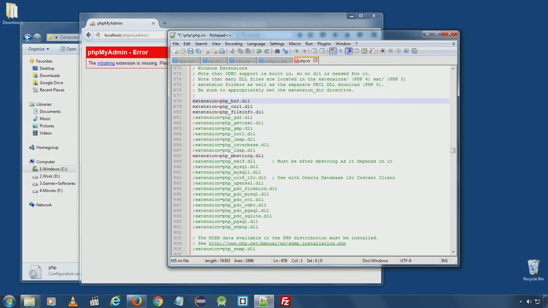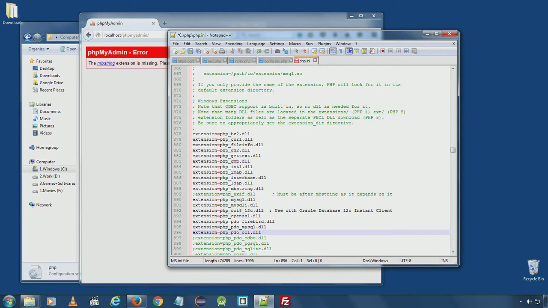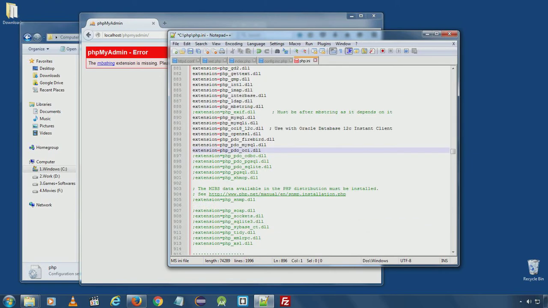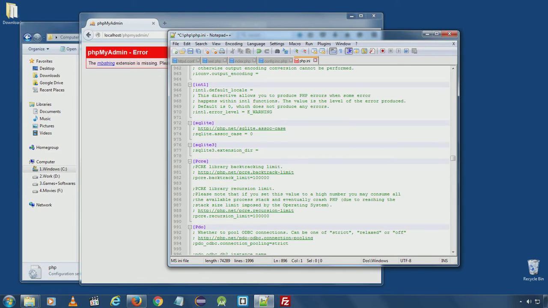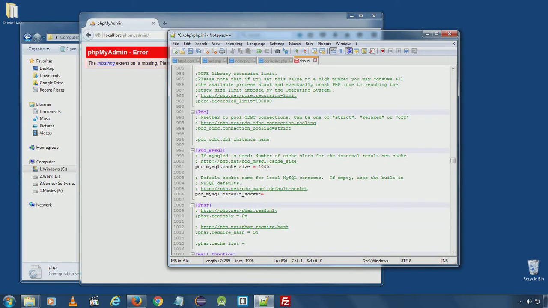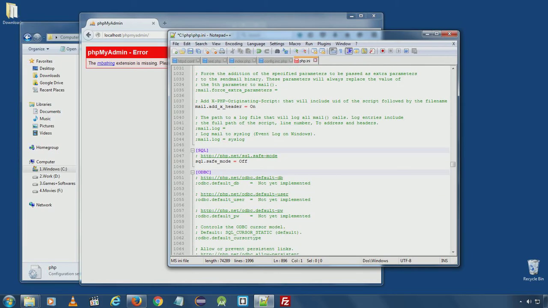For the moment we will enable all extensions. There are some extensions which are not in use, but we will enable most of them. This is for MySQL. Also one more thing, you need to set the extension path in php.ini.